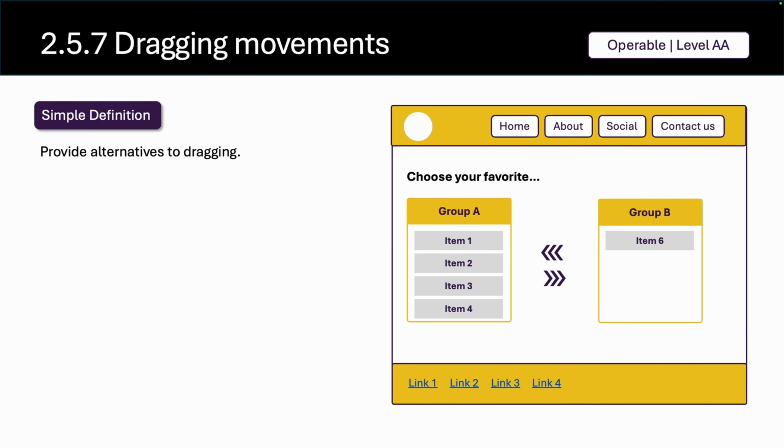The next one is dragging movements, and this is something which was recently introduced in WCAG 2.2. This says, in simple terms, that we must provide alternatives to dragging. And this is for people with limited hand movements or having issues with precision dragging and dropping elements from one group to another. So what you can provide as an alternative is keyboard accessible solutions, wherein a user can tab into